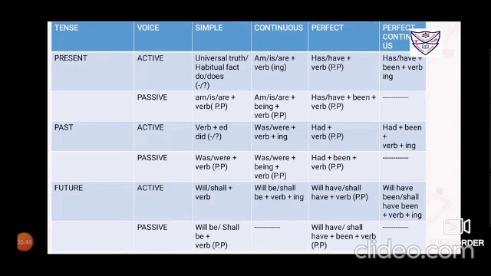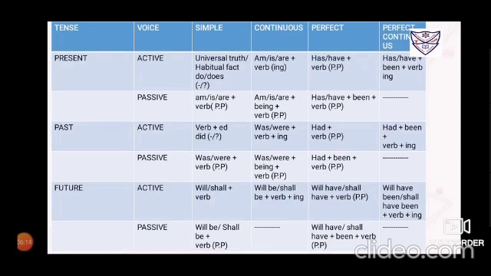Now, as we all know, these 3 main tenses have 4 different forms, so 3 fours are 12. So we would have 12 sub tenses. But as you can see on the screen, 4 of the boxes are empty. Why? Because 4 different sub tenses do not change into passive voice. That also will be explained to you in detail in the next presentation.